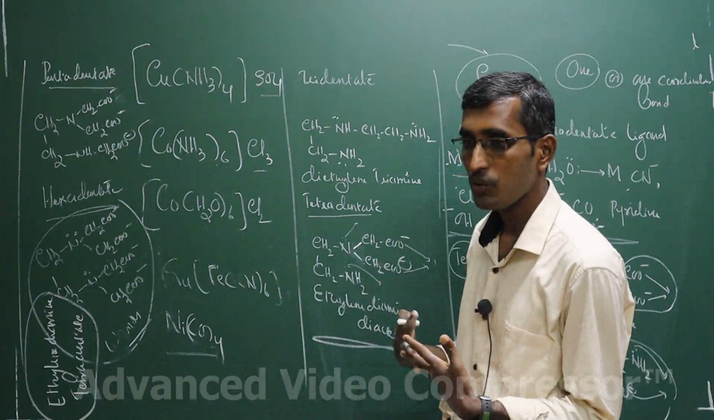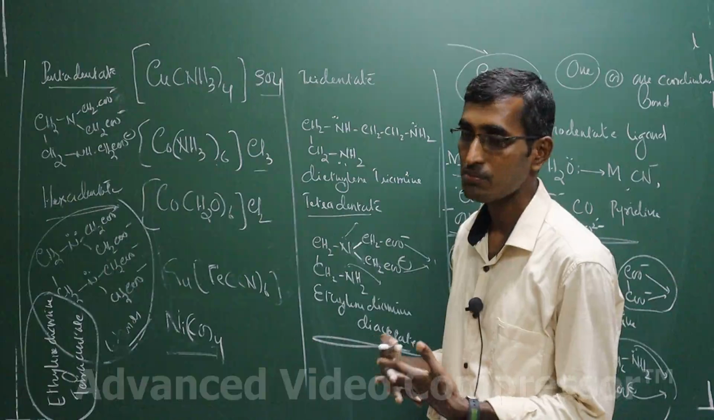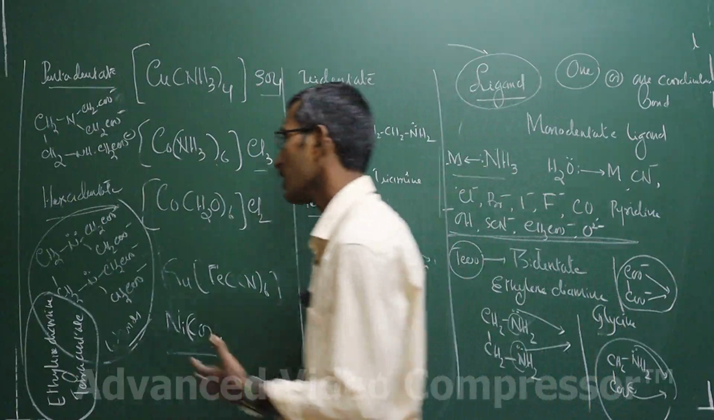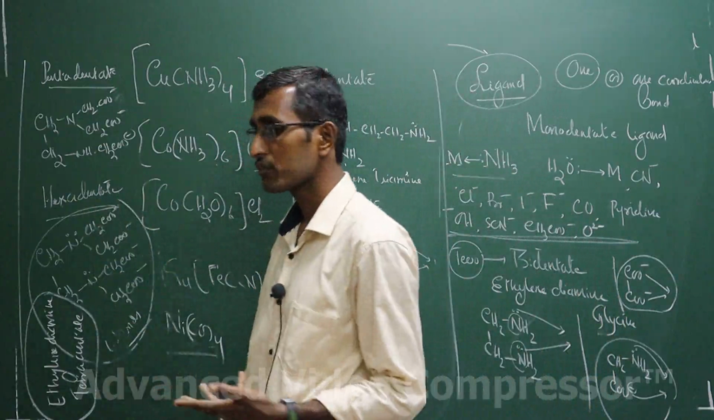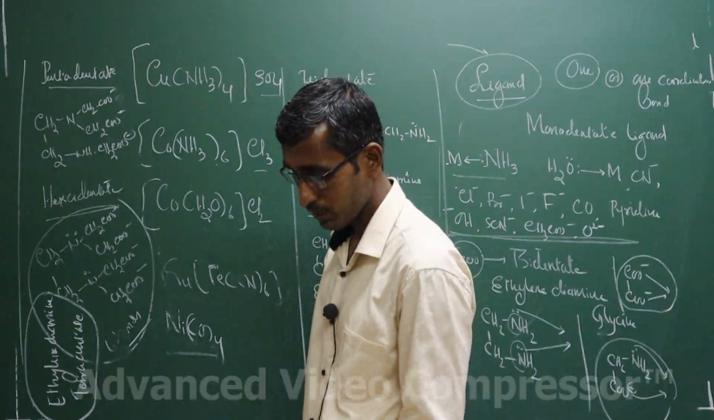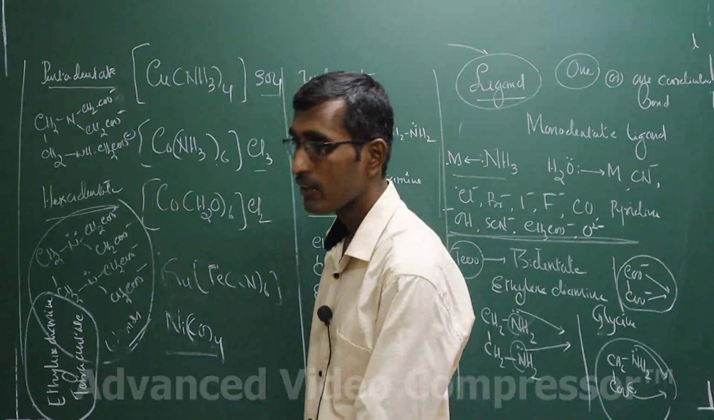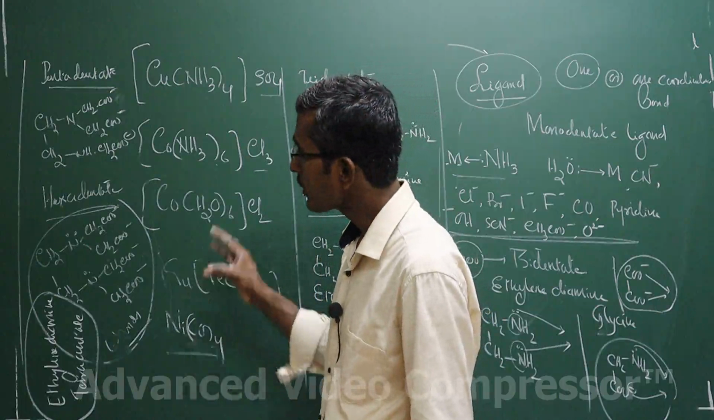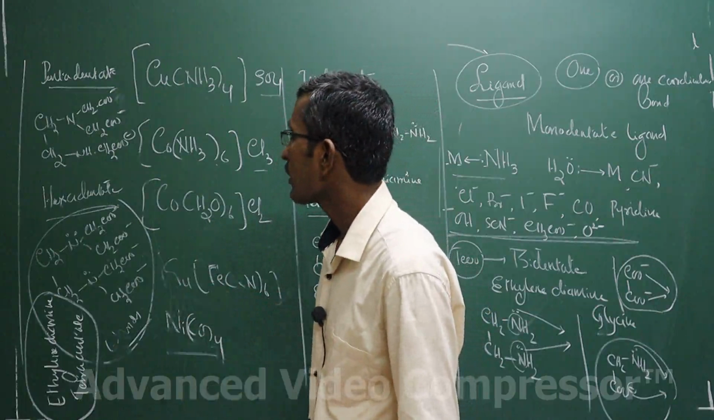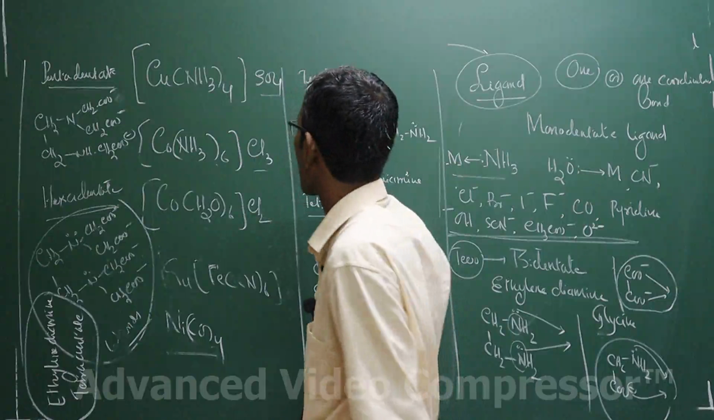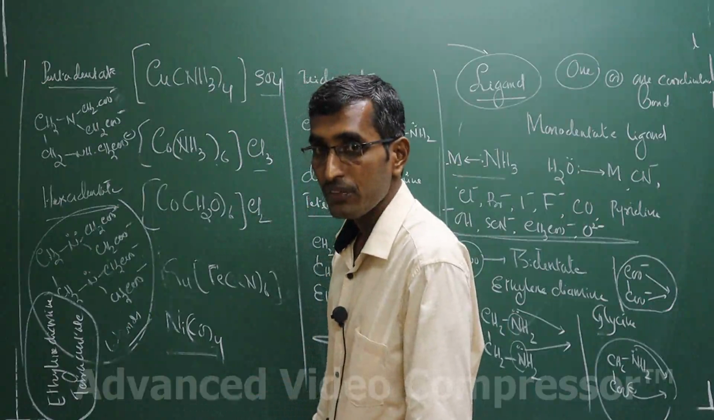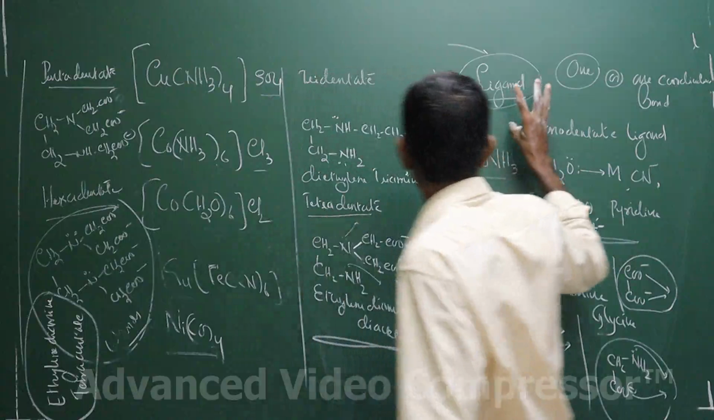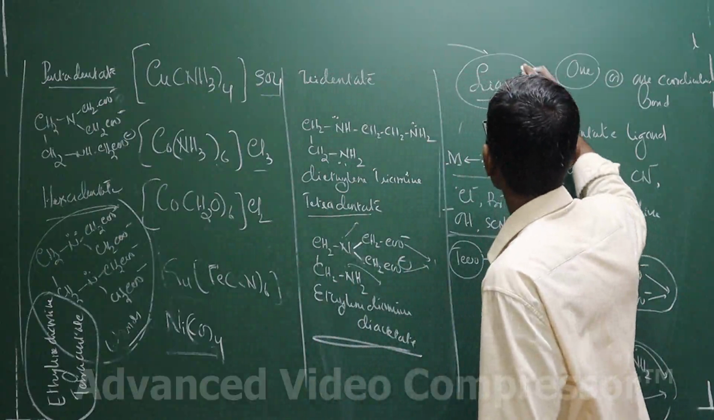It makes a very strong complex with metal ions such as magnesium, calcium and so on. Hence it is used for the detection of calcium 2+ and magnesium 2+, or quantitative analysis of magnesium 2+ and calcium 2+ will be done using the ethylene diamine tetraacetate ligand in the laboratory. Okay, so this is about the ligand. One more ligand is also there, that is